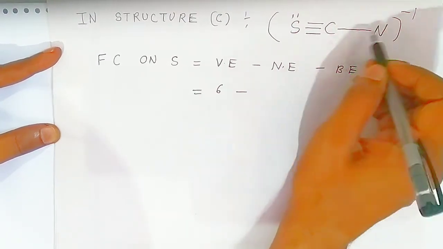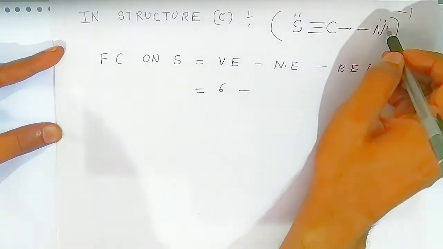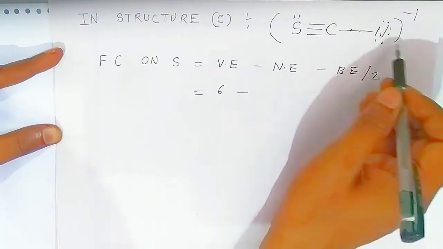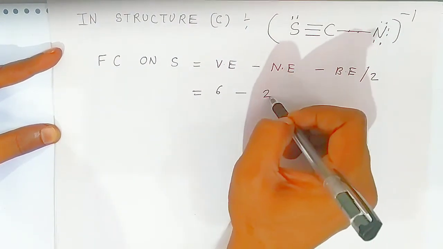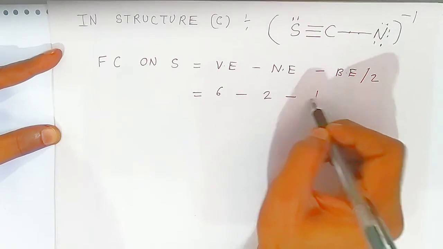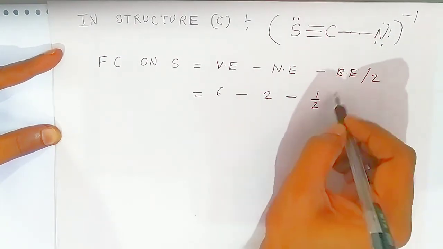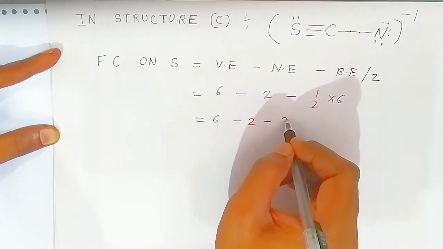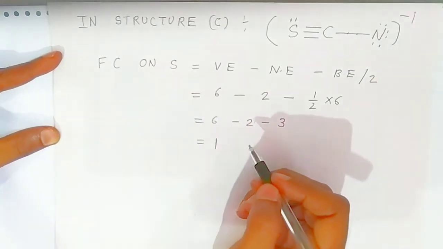Now sulfur and carbon are already completed. Nitrogen, students, has 2 electrons in bonding, and you have to make 6 electrons which are present in the non-bonding part. So the octet of nitrogen is also completed. After writing this Lewis dot structure, students, you can write the non-bonding electrons of sulfur. Here it is only 2. Bonding electrons, students, 6 bonding electrons are there, a 3 bond with the sulfur, that means 6. Now 6 minus 2 minus 3, so 1 positive charge will be there.